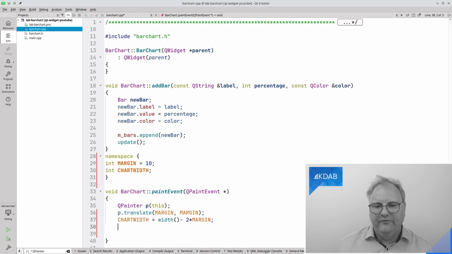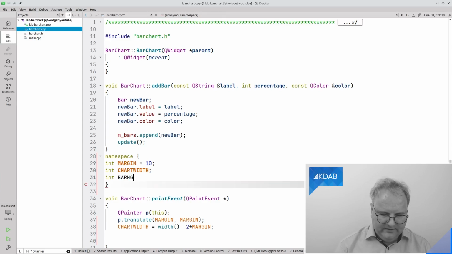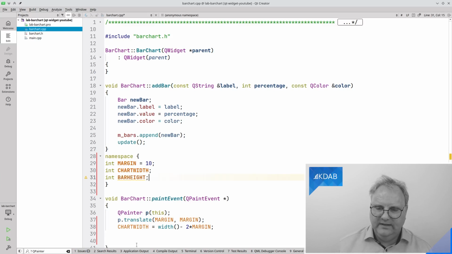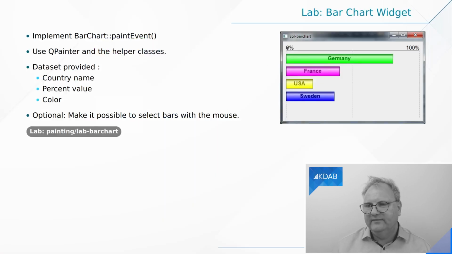The height of the bars is also going to be interesting. So bar height, and likely, well, maybe not. Let's see. I need to paint the text here first. So let's start with this. I need to paint at 0,0, but if I draw text with the QPoint API, that actually needs to be this point that I specify. But if I do it with QRect, then I will be specifying the rect.